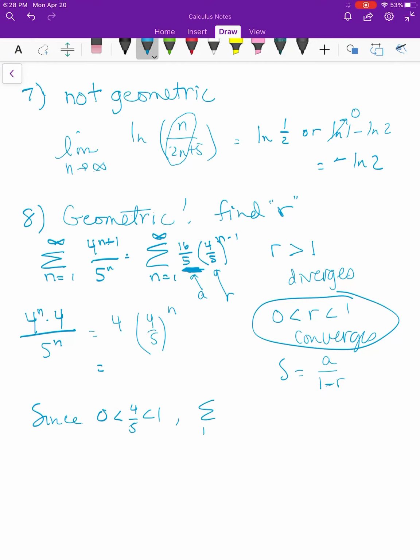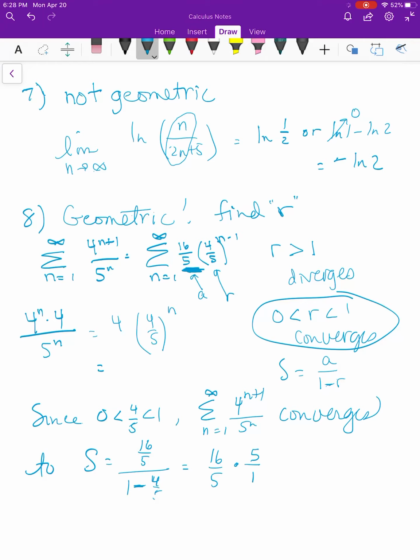And since your a is 16/5 and your r is 4/5, so it lies between 0 and 1, so you know your geometric series converges. You're going to say since 4/5 lies between 0 and 1, summation n equals 1 to infinity, 4 to the n plus 1 over 5 to the n converges